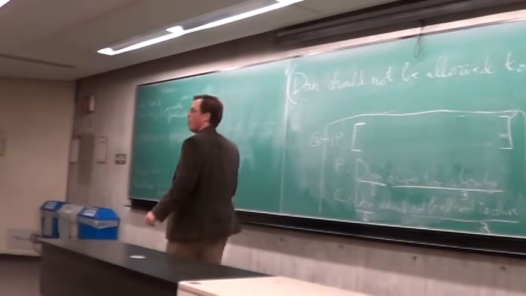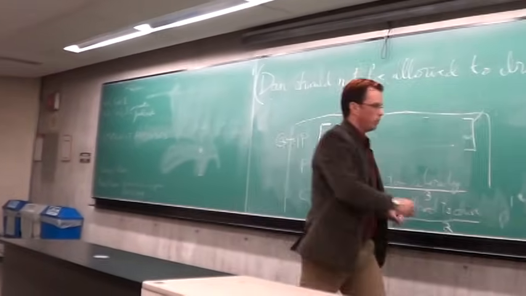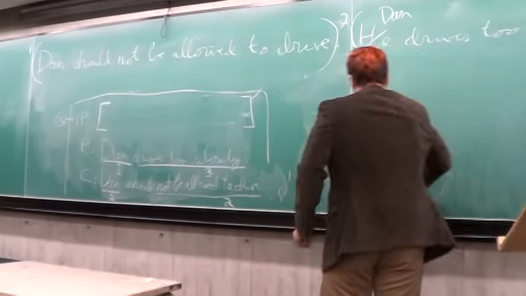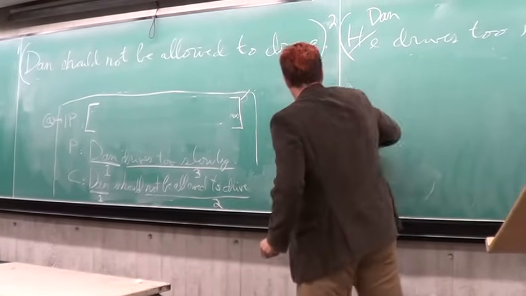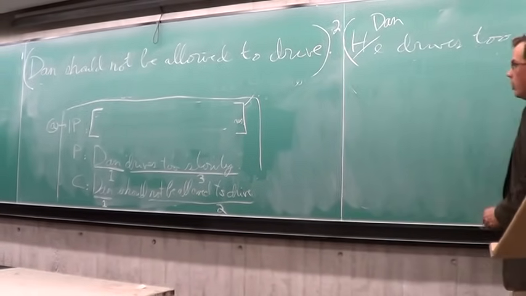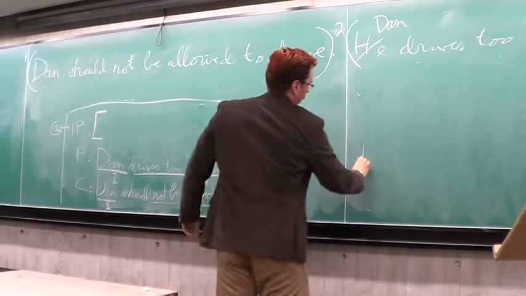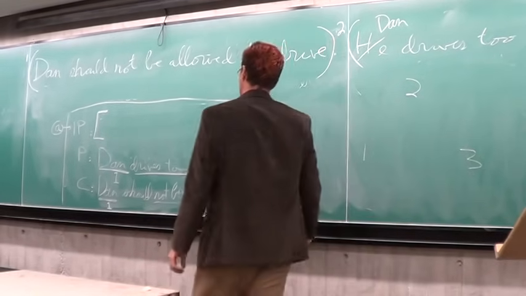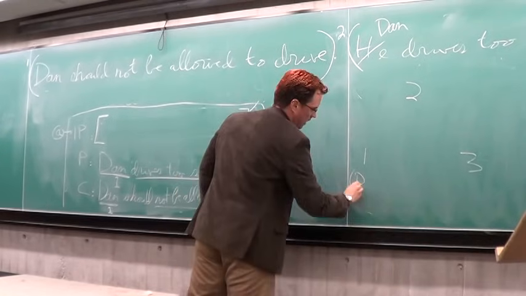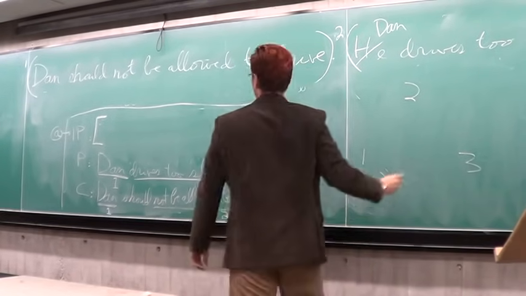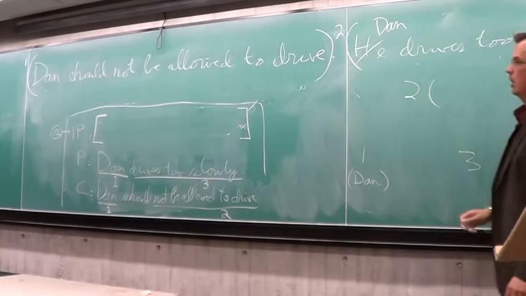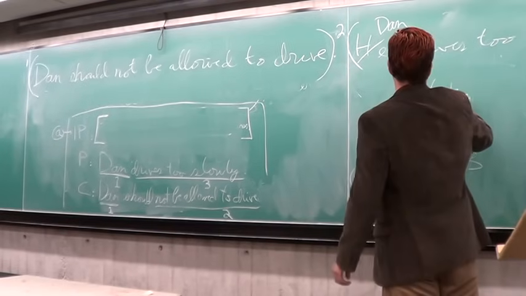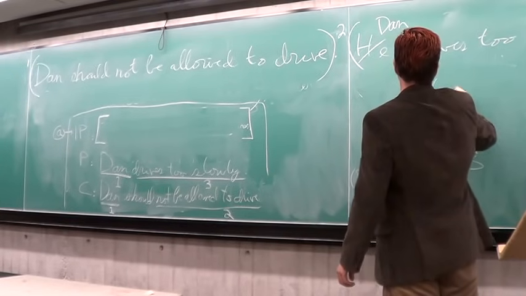Let's put it in our triangle. I'm going to redo this triangle and clean it up a bit. That's messy. Let's do our triangle. 1, 2, 3. What does 1 stand for? Dan. Someone else scream it out. What does 2 stand for? Drive. Driving. Or allowed to drive.